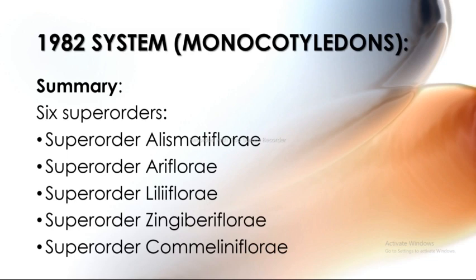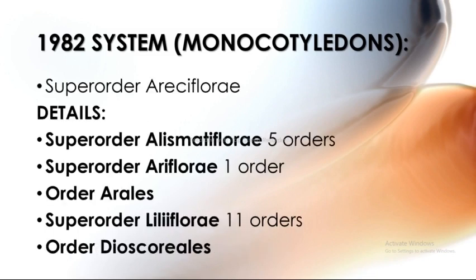Alismatiflorae, Ariflorae, and Liliiflorae, Zingiberiflorae, and Magnoliiflorae. And the next superorder is the Araciflorae. So next I am going to discuss about its details. And the superorders, Alismatiflorae includes 5 orders, superorders, Ariflorae includes 1 order, and the order Areales. Next superorders, Liliiflorae includes 11 orders, and the next order is the